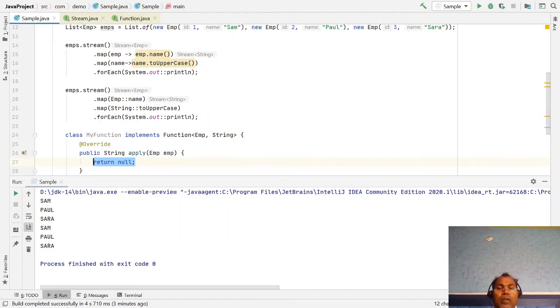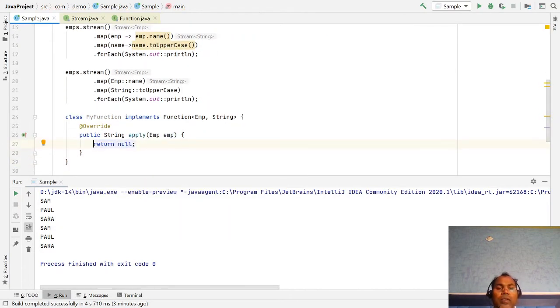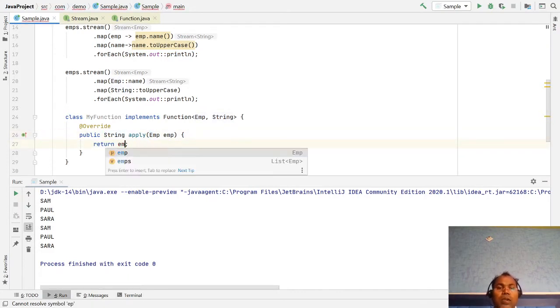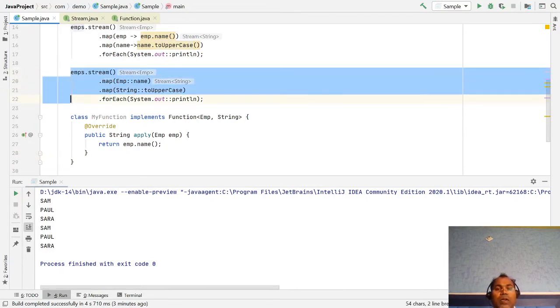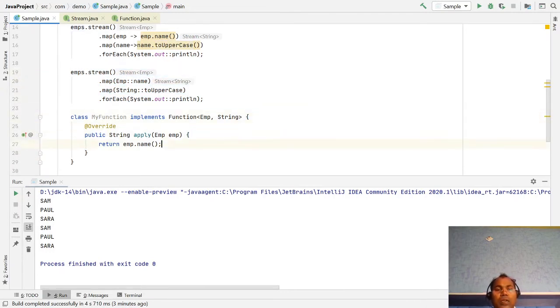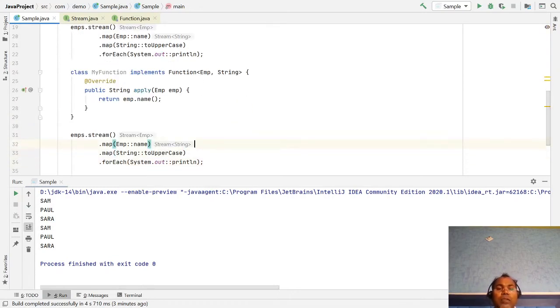Override the apply method. Now you notice that we are passing an Employee object and returning a String object. What is the string? I am just returning emp.name. So here, if you notice, we completely pass our new my interface.